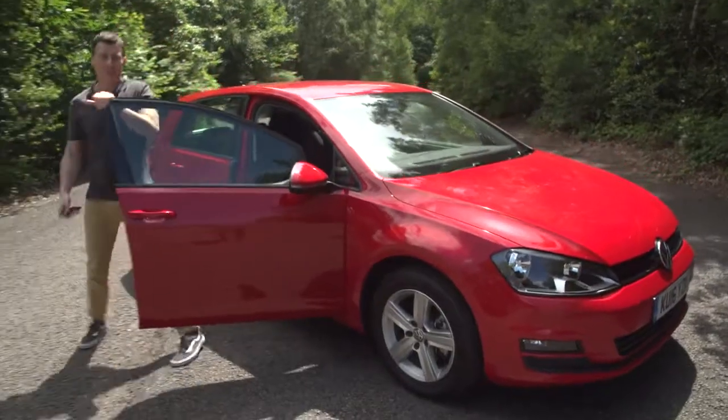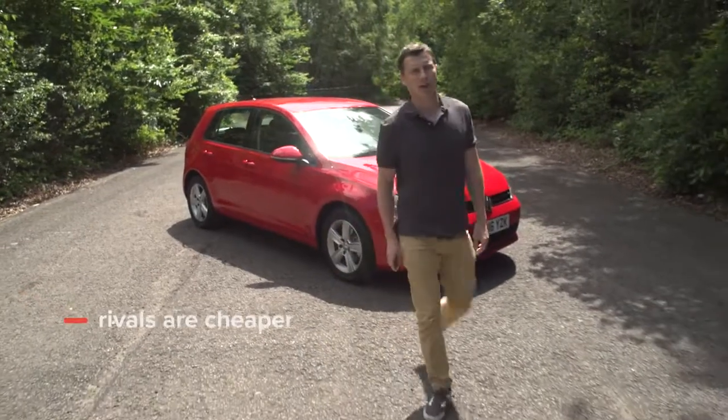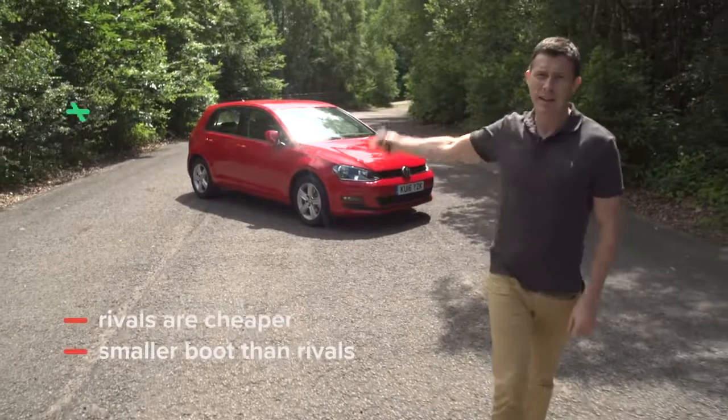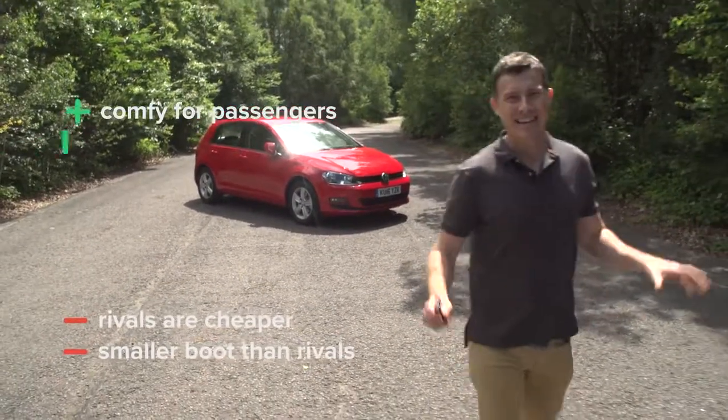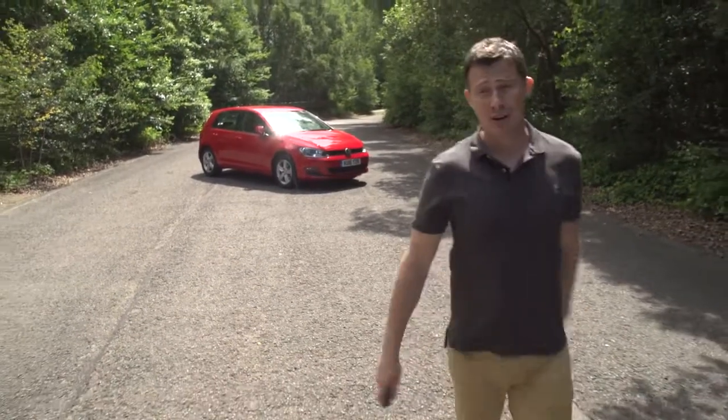So then, overall, what do I think of the Volkswagen Golf? Well, it is a little bit more expensive than its main rivals, and some of the competition does have bigger boots, but you know, there's plenty of space in the car for the passengers, and it's really easy to drive. Now, if you click up there, you can get more information and find out the best deal you can get on a Volkswagen Golf at